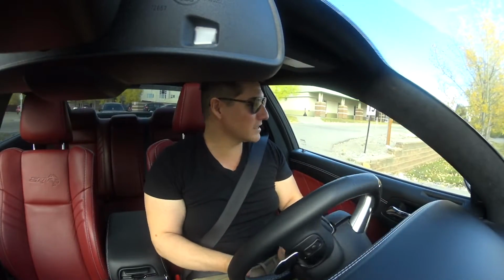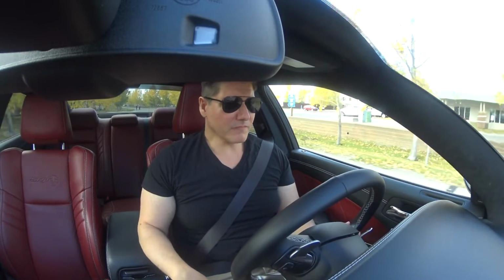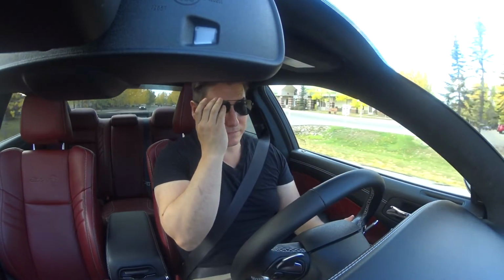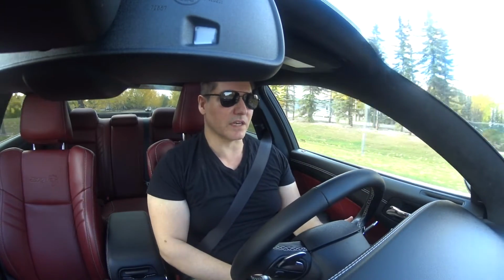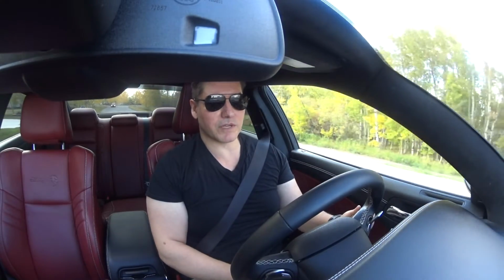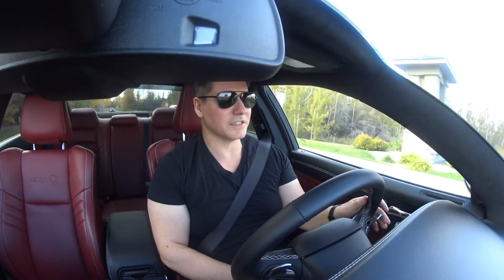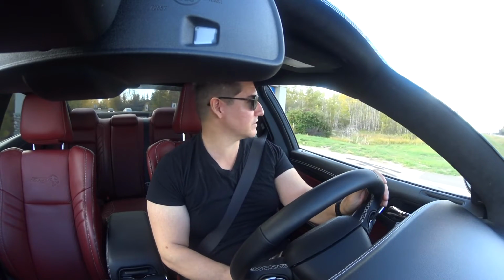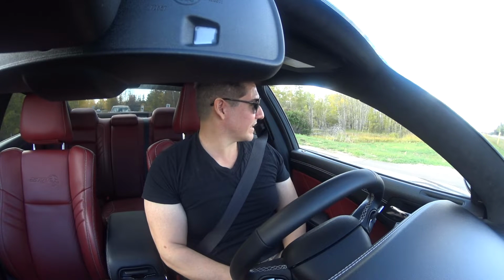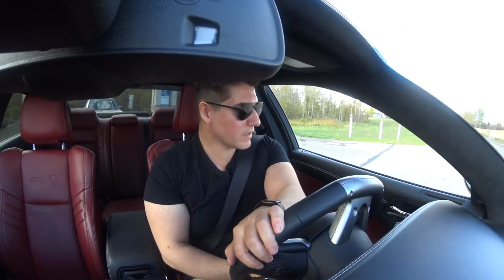See, that guy was looking. Like I said, this car gets so much attention, which is not what I expected. I just assumed a lot of people don't know what a Hellcat is, but it's just amazing how much attention this car gets. I think this car gets more attention than the C8 Corvette, honestly. Mind you, the C8 Corvette is a few years old. Well, this Hellcat Widebody is a few years old too. The Widebody came out. See, again, this guy just gave me a thumbs up. This is what I mean. This car gets so much attention, which me personally, I kind of like to be more not so out in the open. But